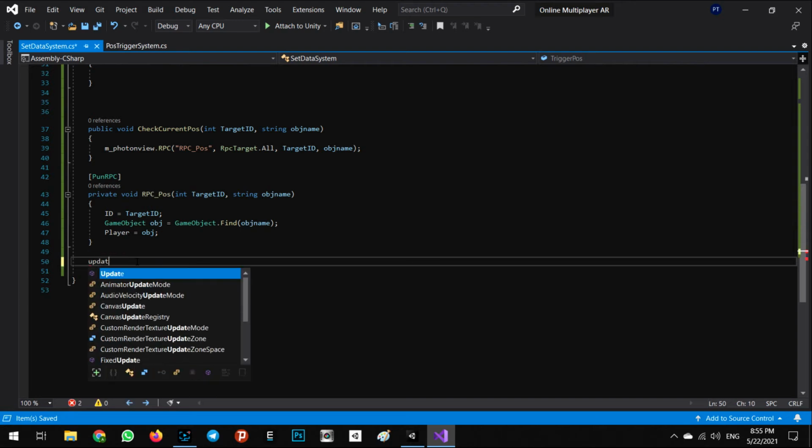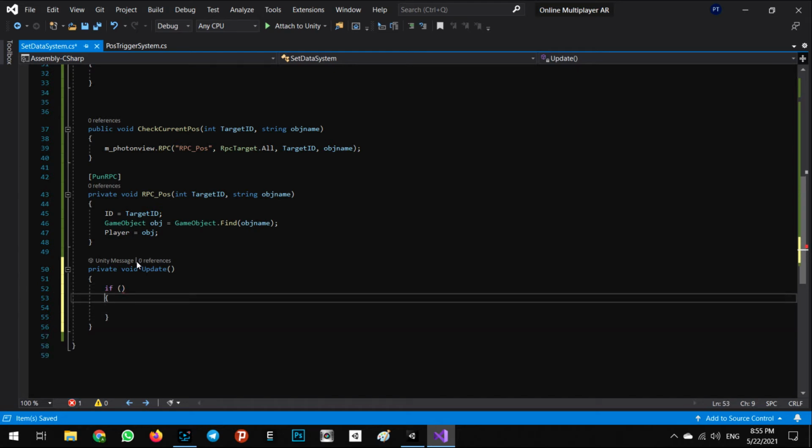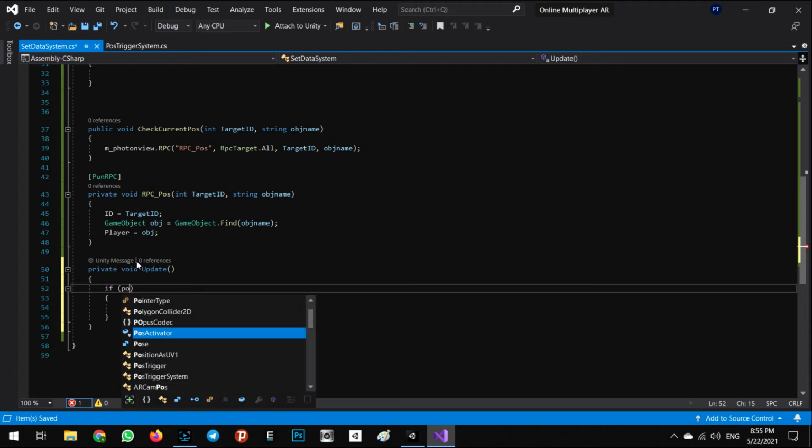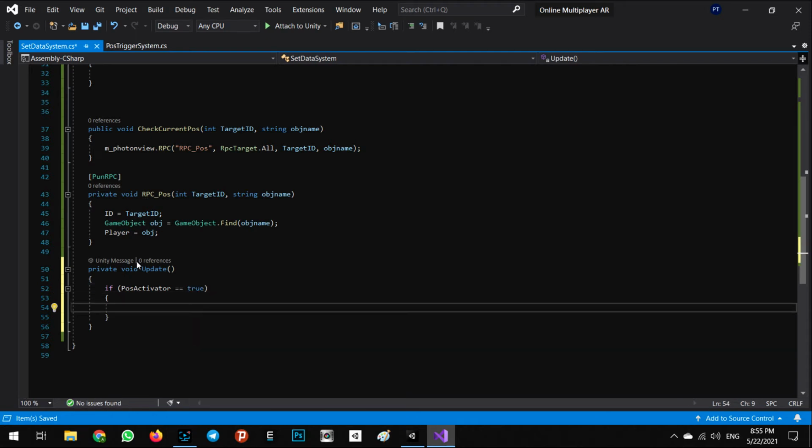It's called Update, private void Update, and we say okay, if pose activator equal true. I will explain what the job of this part is after I define this part for you. Okay, we say